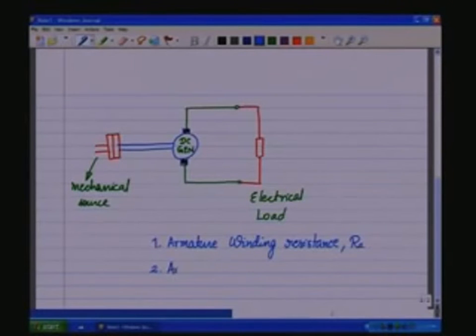One is the armature winding reactance. Both these come in series, and we call that one LA, the inductance LA. Note that the machine is DC, whereas the coils inside see AC. So, therefore, there is a reactance which comes into play in the motor, but this reactance comes into play whenever there is a change on the electrical side.